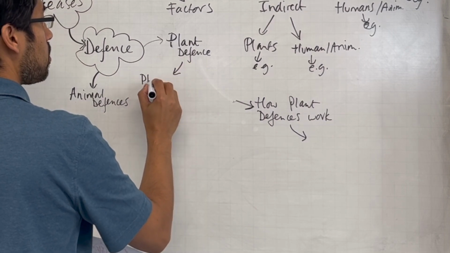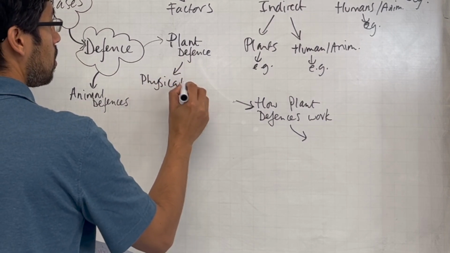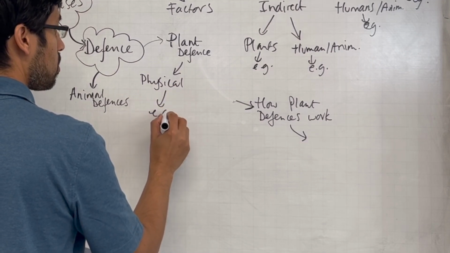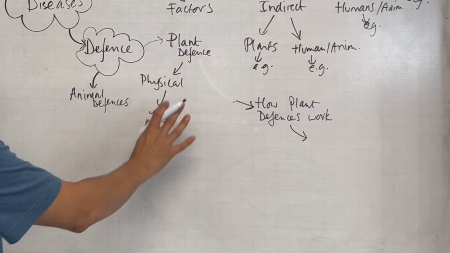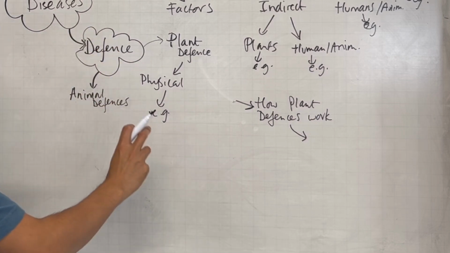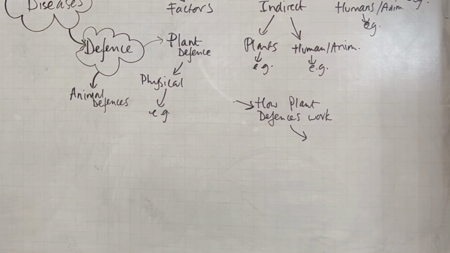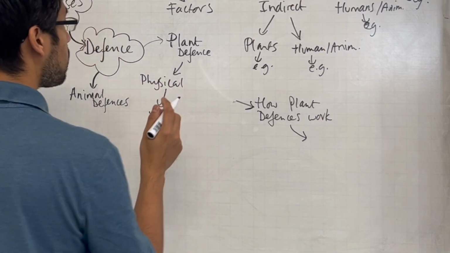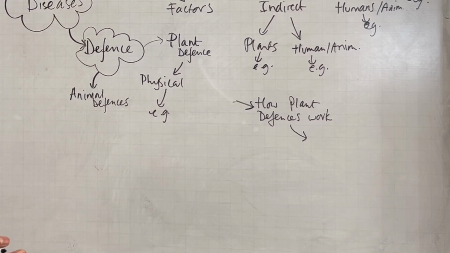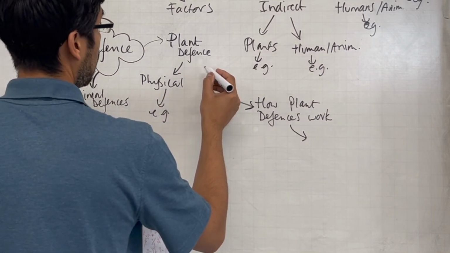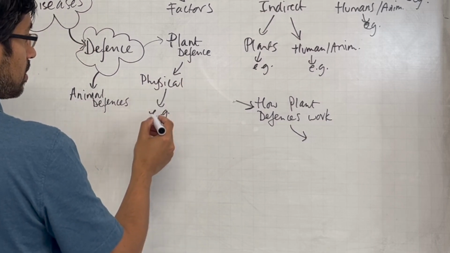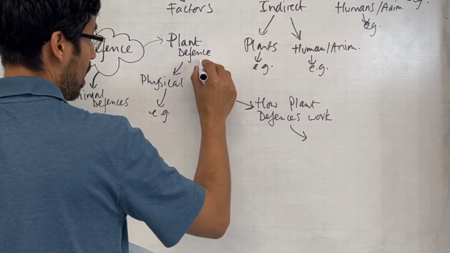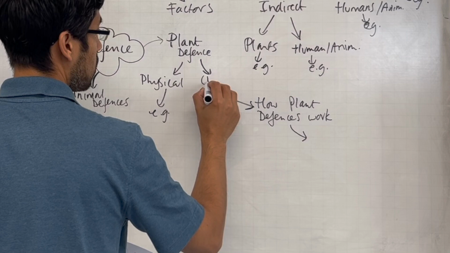We've got physical, and again, I would expect you to know the different types of physical defenses, but bark, callose, things like that, okay? Physical defenses is simply just bark, isn't it? Yeah? Okay, so we've got physical defenses, and then we have also got chemical